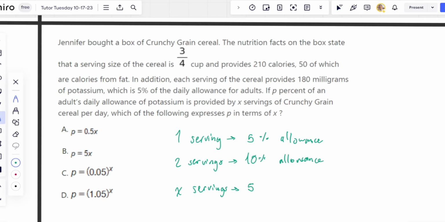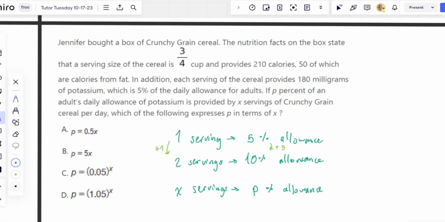As we increase by 1 on our X, the allowance increases by 5 every time, and that's going to be a constant rate of change or a linear equation. If we have X servings, it's going to be 5p% of that allowance. Sorry, not 5p. But if we want to get to p% allowance,